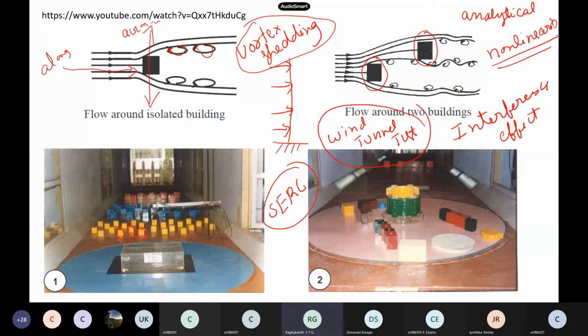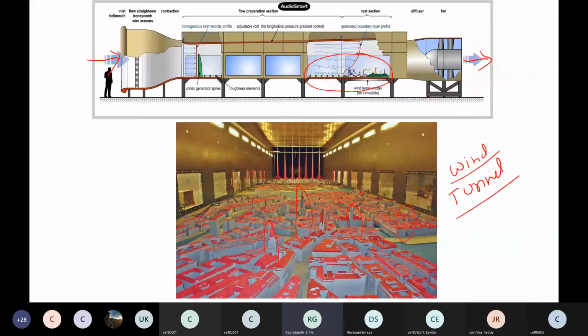Okay. So to understand the interference, to understand the vortex shedding, how much will be this one, they cast these type of small specimens, you follow, right, in the wind tunnels, and then they do all these calculations. And most of our IS 875 code is based on these wind tunnel experiments itself. So this is also one typical wind tunnel. I think they have done it for some buildings or some typical structures in SERC.